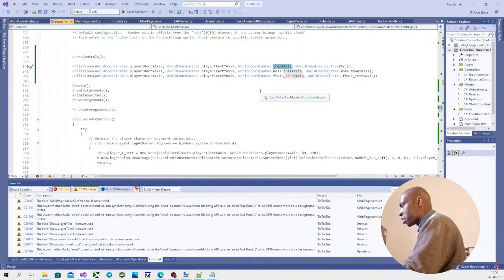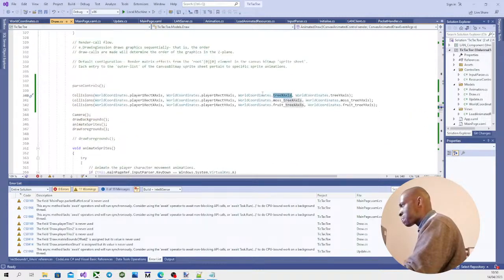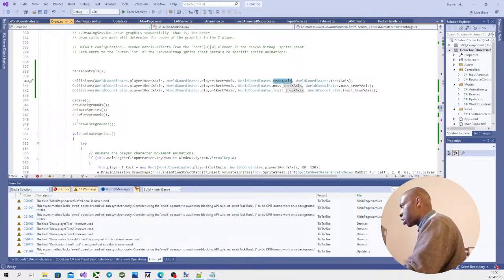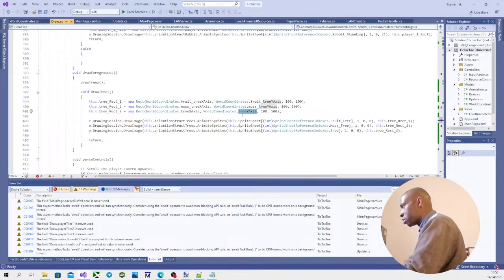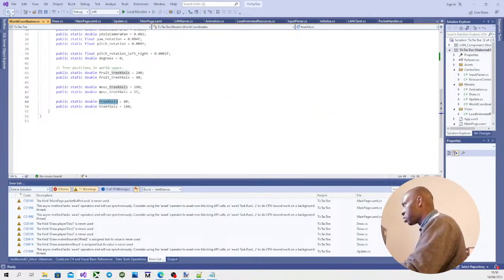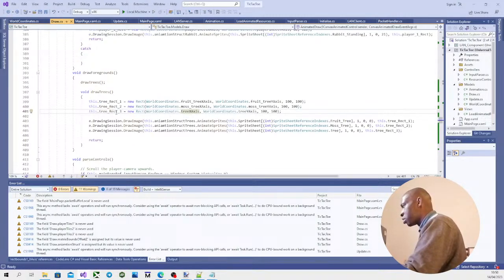What tree is that pertaining towards? I need to see where I'm drawing that. So if I go to draw foregrounds, I think. Draw trees. So it's the last tree that's in the list, I think. If I'm not mistaken, let me double check that. So this tree, Y and X, the one we're looking at that was 80 for the X-axis, pertains towards this